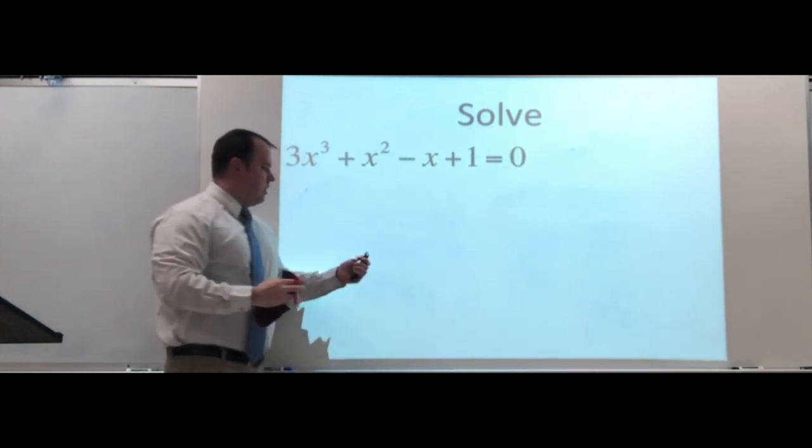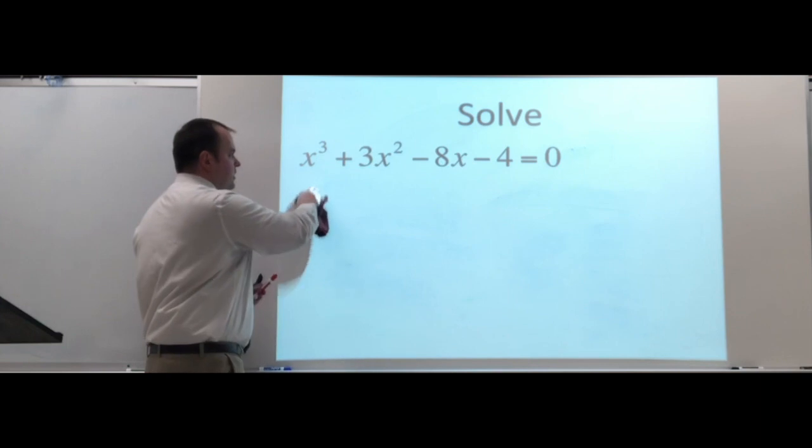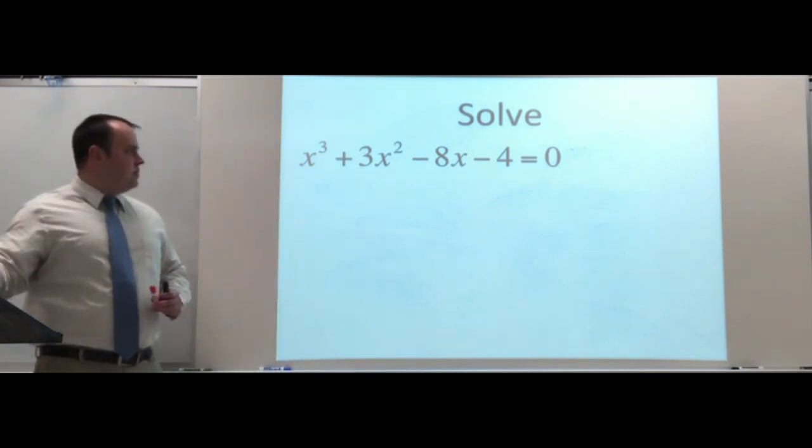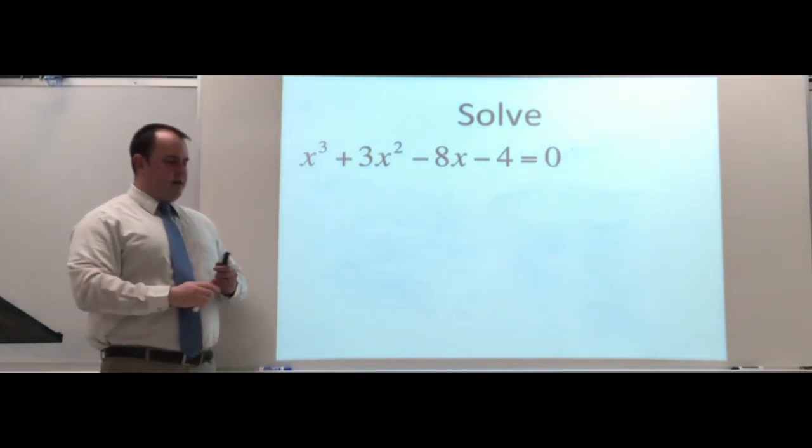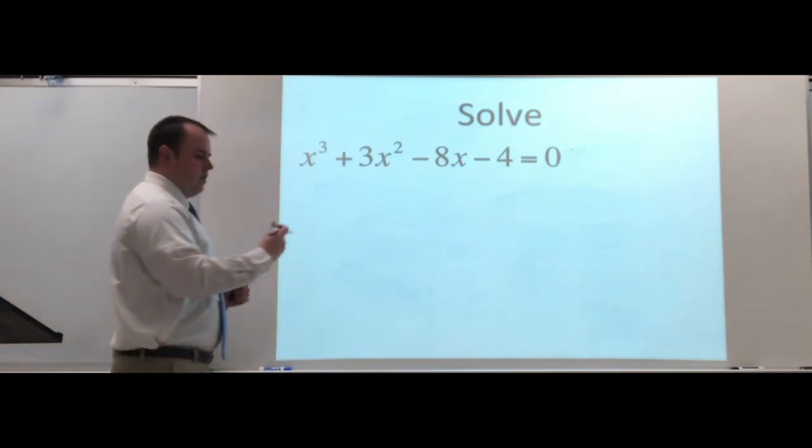Let's do one more. So here we have 3x cubed plus 3x squared minus 8x minus 4. Okay, if I list all the factors,